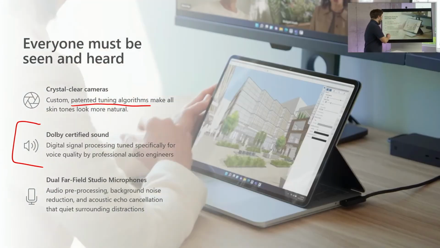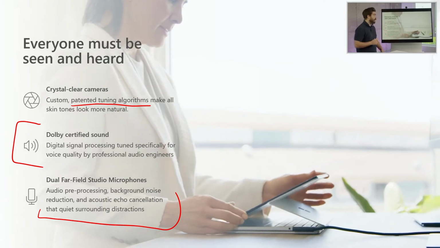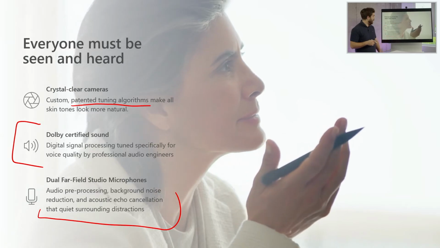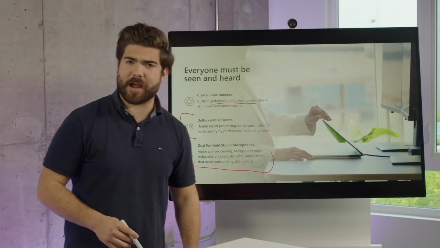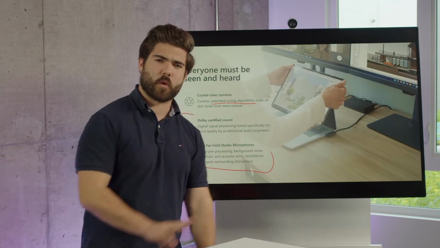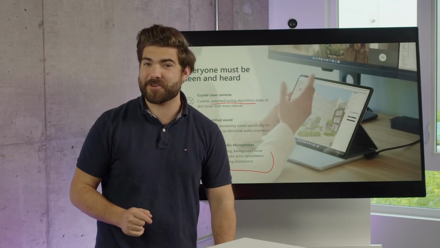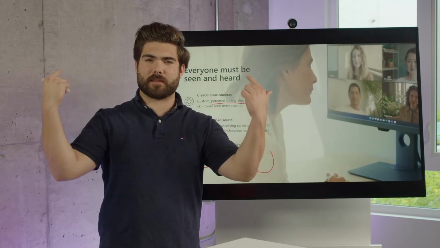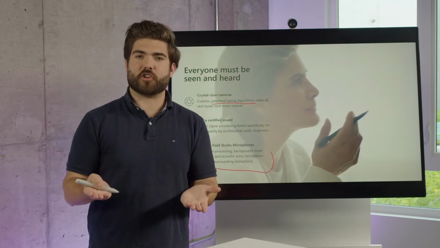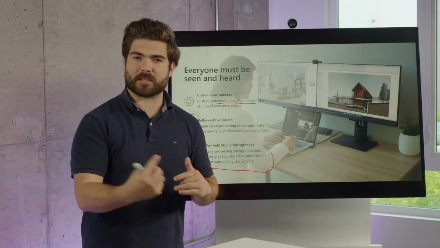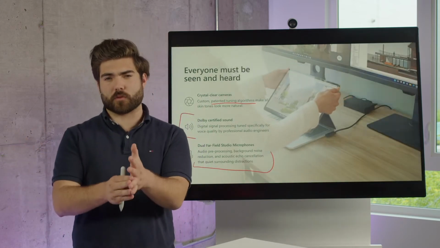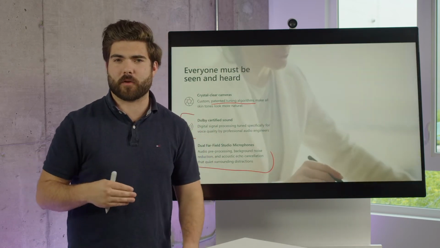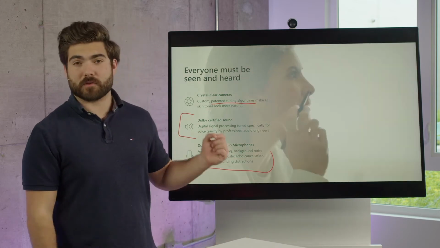And very similarly, we've put a lot of thought into our microphones as well, because not only do you have to listen in, but you also have to be heard by those on the other end. So our dual far-field studio microphones built into our Surface devices, dual, of course, meaning two, which I'm sure everybody here knew, mimic the human ear. There's two ears, there's two microphones, and it offers that spatial awareness of sound. So whether you're the type of person that likes to sit directly in front of your device at your workstation, stare into the camera, speak into the microphones, and listen directly from the speakers, those microphones will pick you up.